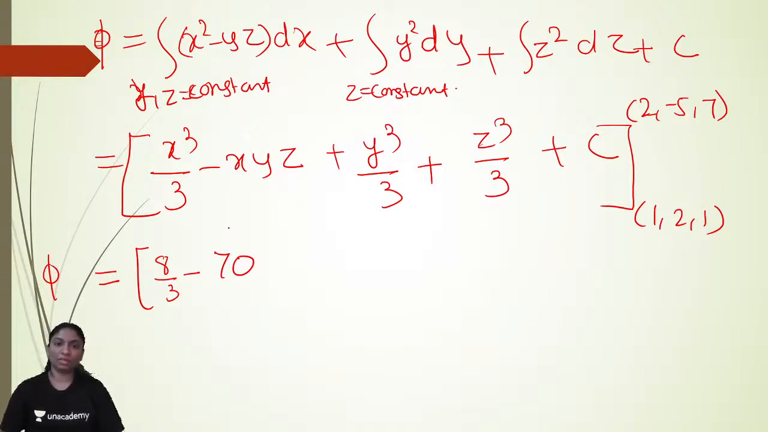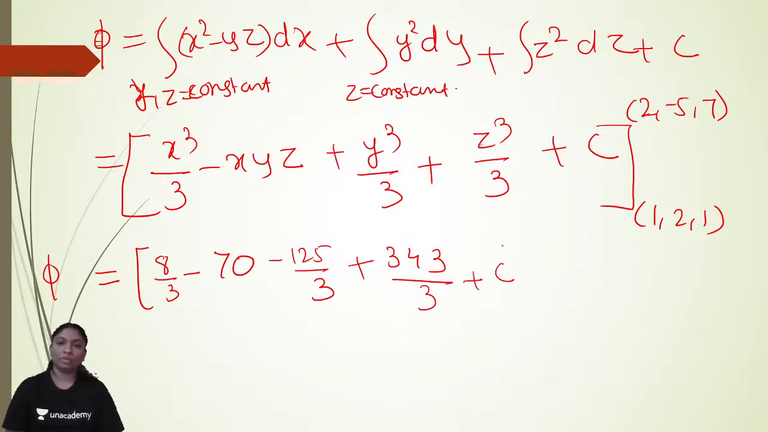8 by 3 minus 70 plus y cube, minus 125 by 3, plus z cube. z cube is 7 cube. We will get 7 cube is 343, 343 by 3 plus c. Okay. So we will get this 343 by 3 plus c